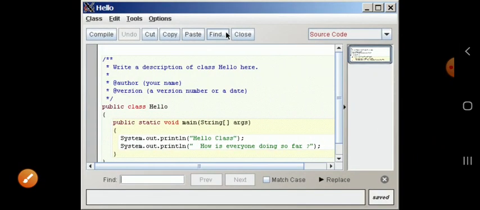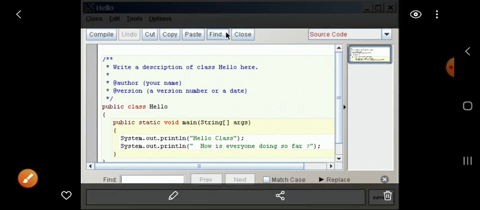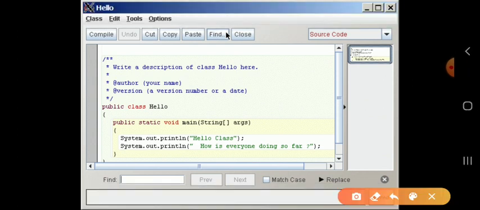You see, this file will open, and when this file opens, something will be written that you have to delete, because once you delete it, you are going to write your own code. Here you see, I used all the procedures.